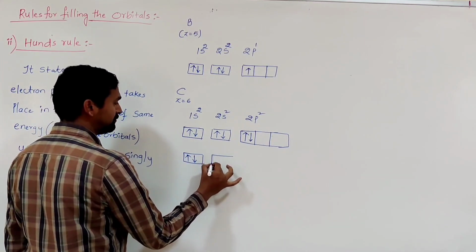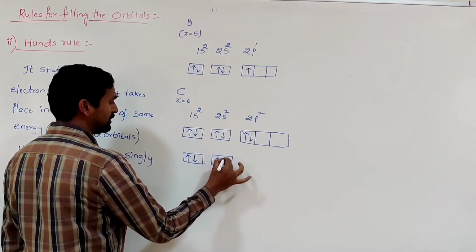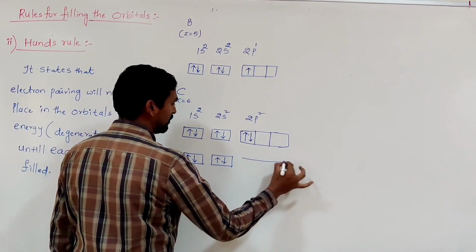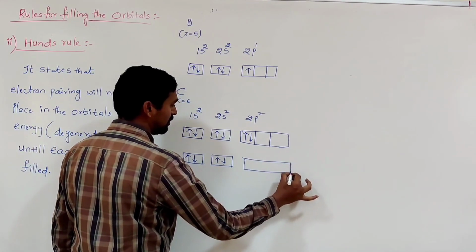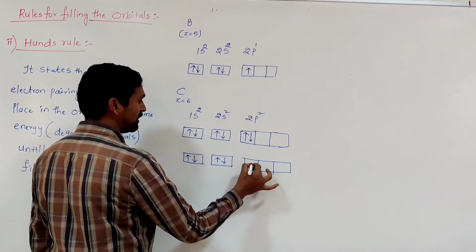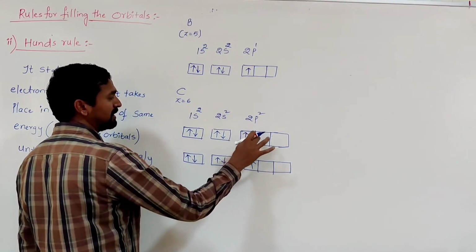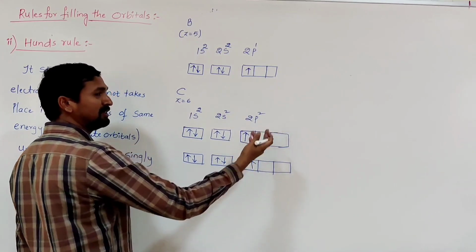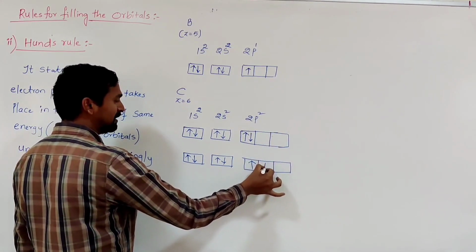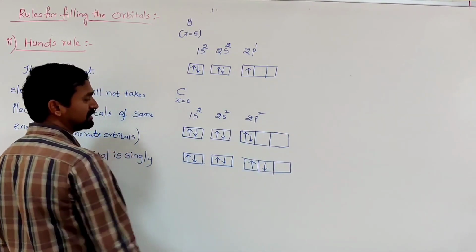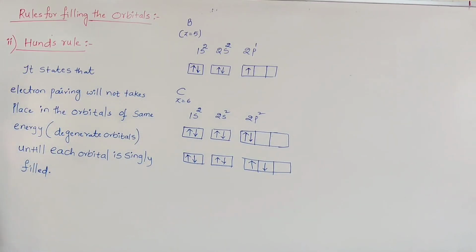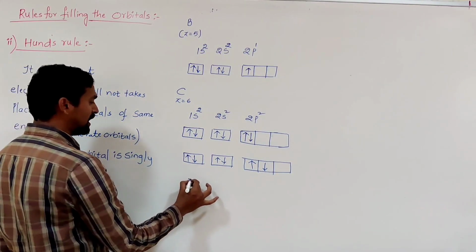1s2, 2s2, I write the arrangement. So instead of filling the electron in this orbital, I just write here. Why? Because all are having the same energy. So that's why I write the electron with the opposite spin. This is the one. The third possibility I can write is,